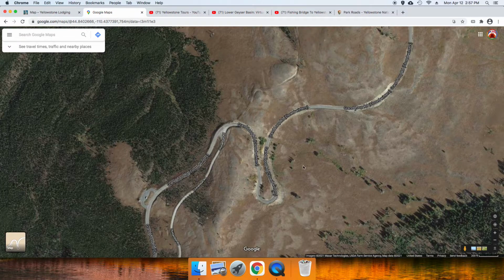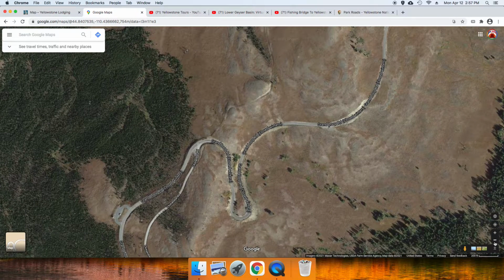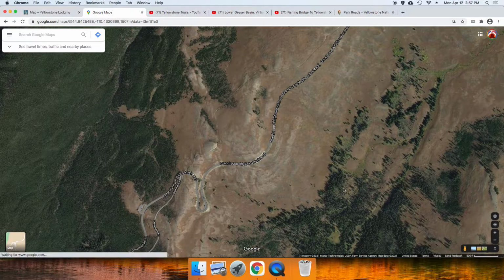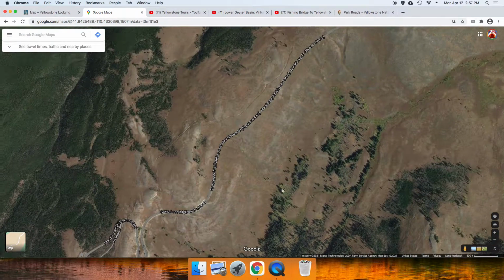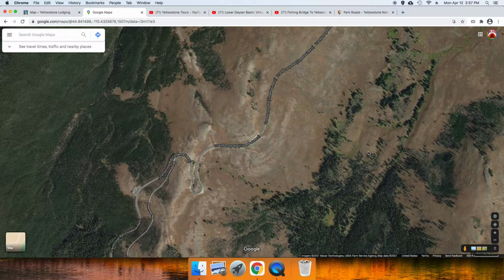You'll find that the road drops down and then this expansive valley opens up to your right. And you see all these trees here. These are white bark pine trees. And because these are white bark pine trees, this is historically one of the best places in all of Yellowstone to see grizzly bears, or it has been. The problem is that the white bark pine, for reasons I'm not going to go into now, are not producing the berries that the grizzly bears love so much. So you don't see the grizzlies there quite as often as you used to, but there's still a chance